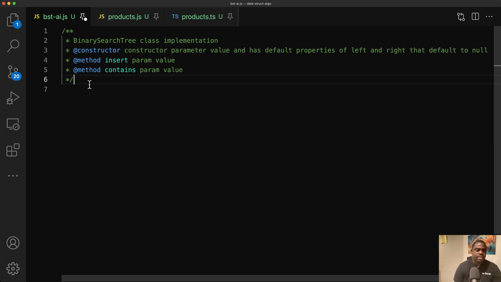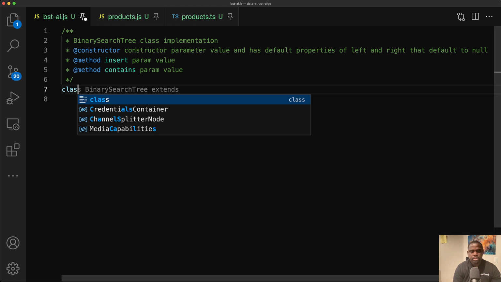Can you take care of it? Or like, just have fun with it. So let's just save this. And now, based on this block comment that I have, as I'm typing, you see it says binary search tree. And then it says extend. I really don't need the extend,